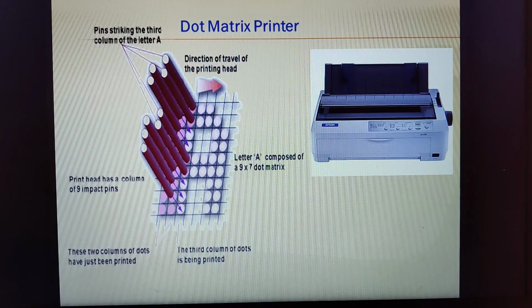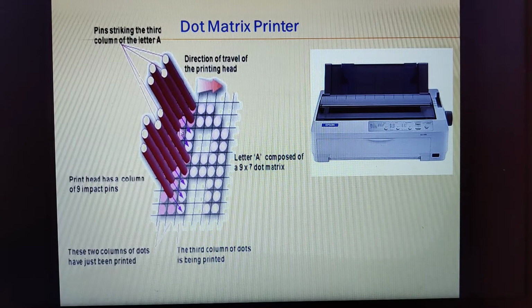The dot matrix printers are usually referred to as the serial printers. Why are they referred to as serial printers? Because at a time 8 to 14 pins can make points onto the paper with a print head moving across the entire line. That means they are able to print the text by closely placing those dots, and at a time it can make around 8 to 14 points.